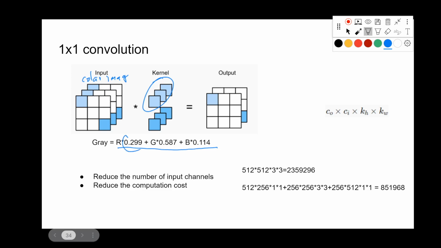The three numbers here are the weights for each channel, so the three numbers will be the three CNN kernel values. So we can use the one-by-one convolution to convert a color image into a monochrome image. This is a good example to explain what the one-by-one convolution is. In general, the one-by-one convolution is used to change the number of channels.